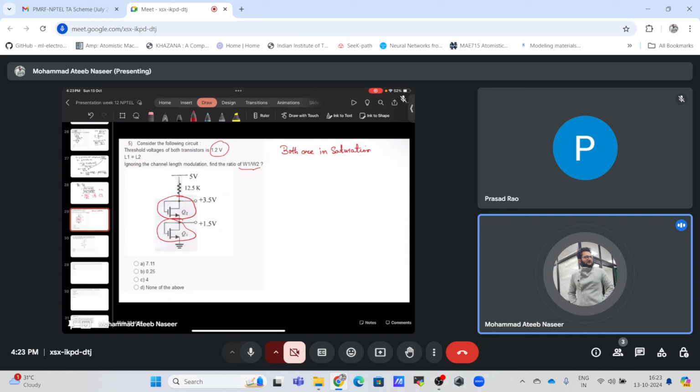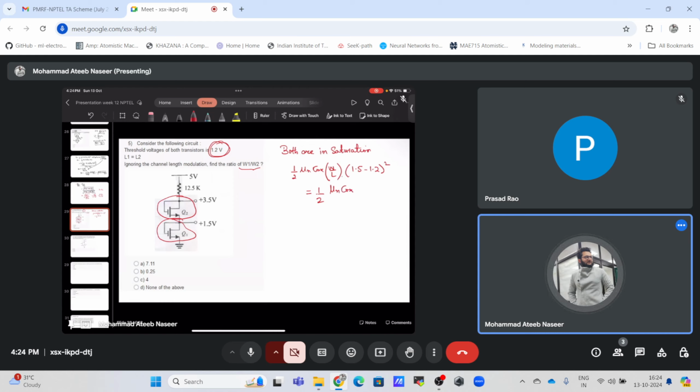As a result, we will have current equal to 1 by 2 mu n Cox W over L. For transistor 1, it is simply VGS is 1.5 minus VT is 1.2, whole square, and it is equal to 1 by 2 mu n Cox